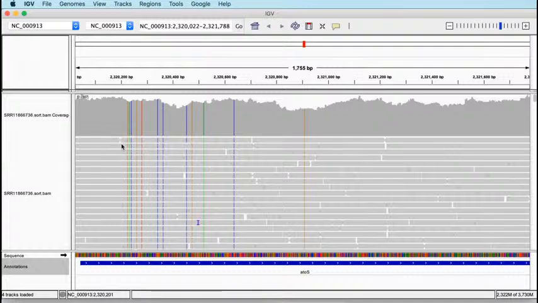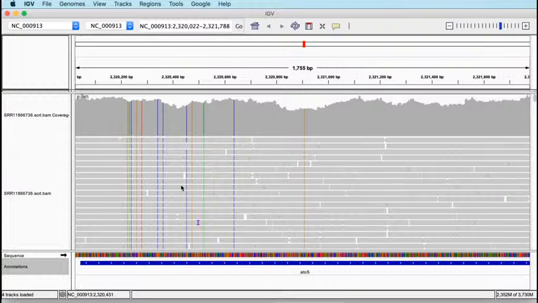Where you see colour here, the orange and the blue and the green and the red, those are individual positions where the reads which have aligned to the reference genome have a sequence which differs from the reference genome itself. So these are points of variation in our BAM file. We can zoom in a bit and see those